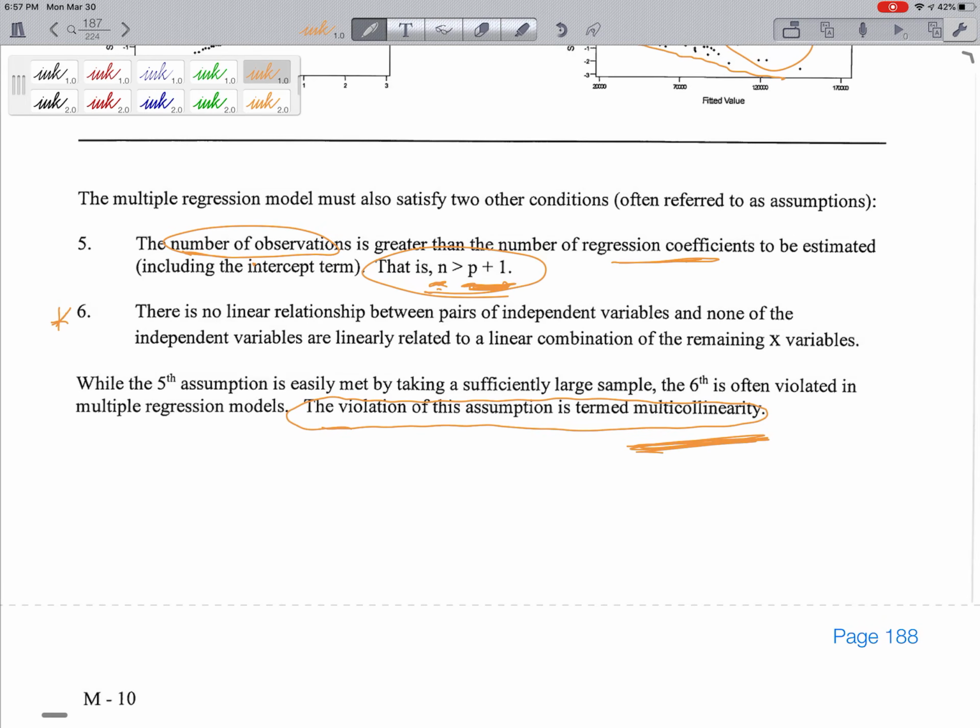When you've got multicollinearity, which means that there is a relationship between the x variables, then that can be a violation of this condition here. And we're going to look at that actually in the next lesson. So that's where I'm going to end the lesson. That takes us through to the end of page M9, and we will